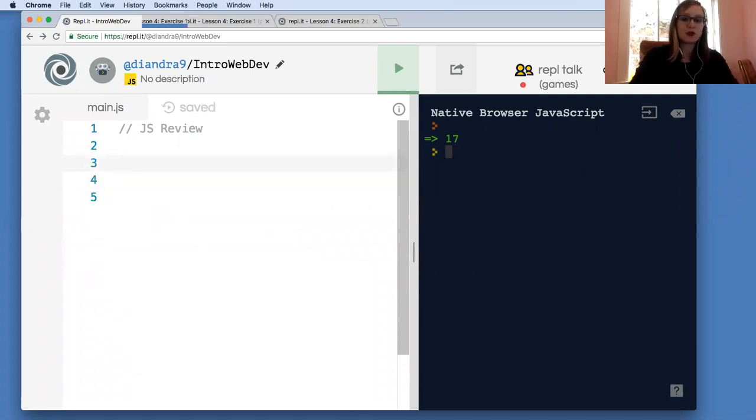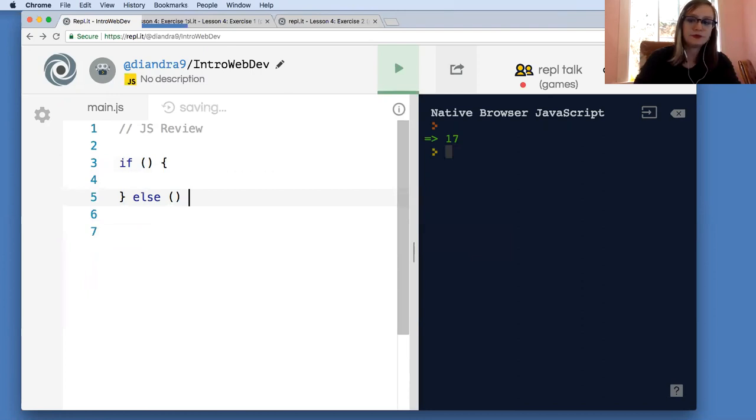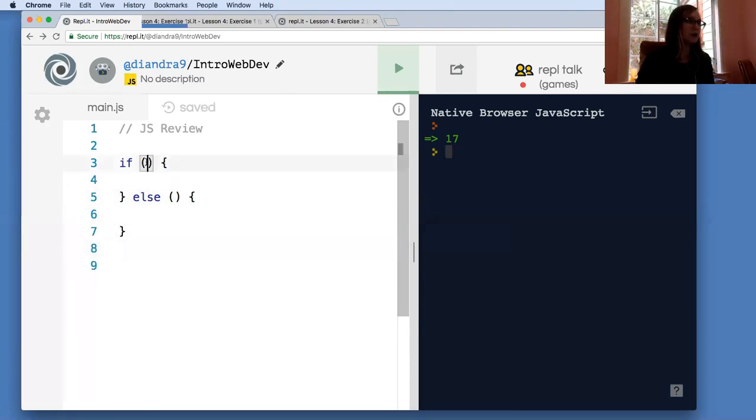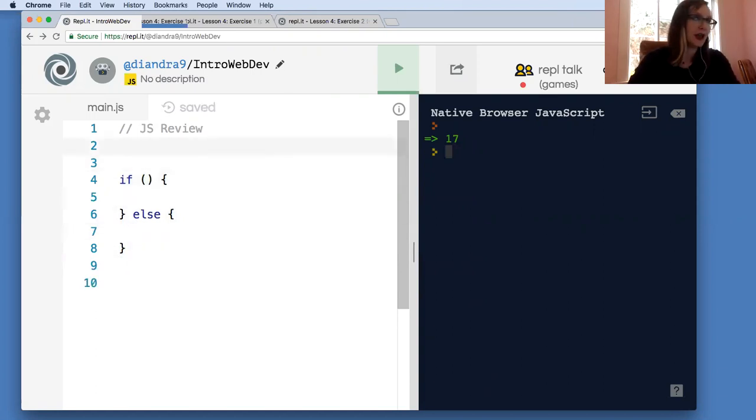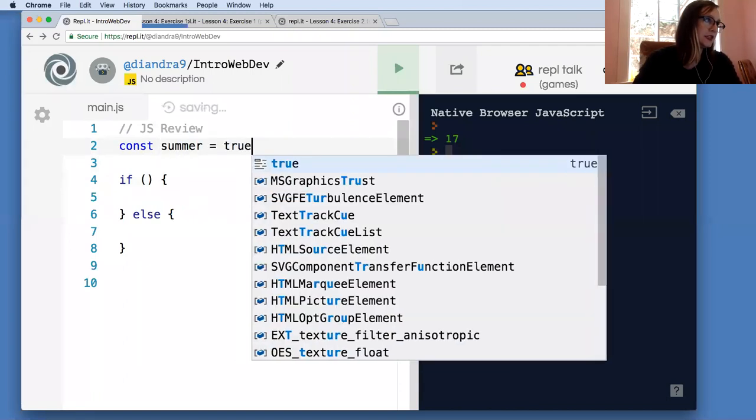The last thing I want to review is if-else statements. We will be seeing a lot of these tonight. The idea with an if-else statement is you have some sort of condition. If the condition is met, you run one chunk of code. If the condition is not met, then you run another chunk of code. For example, if it is summer,